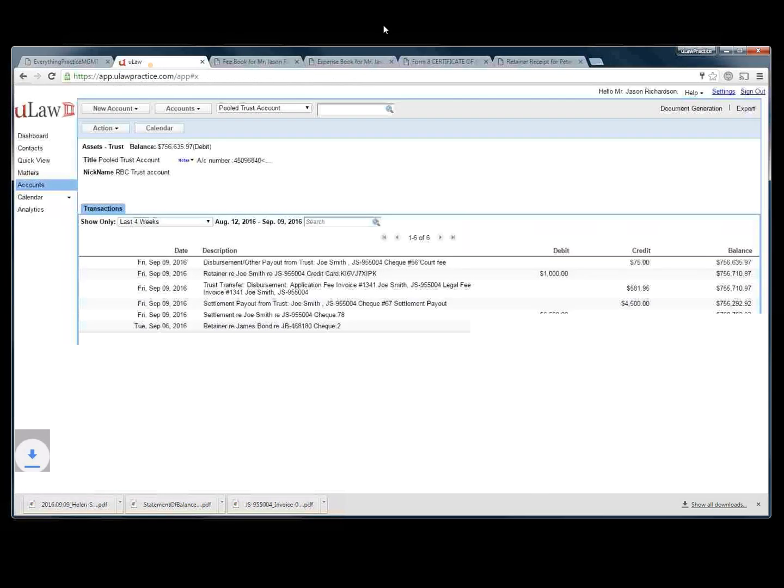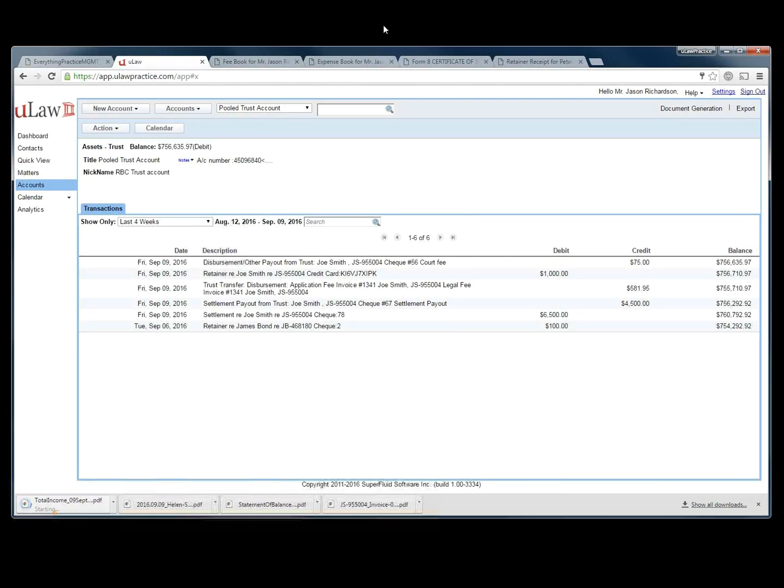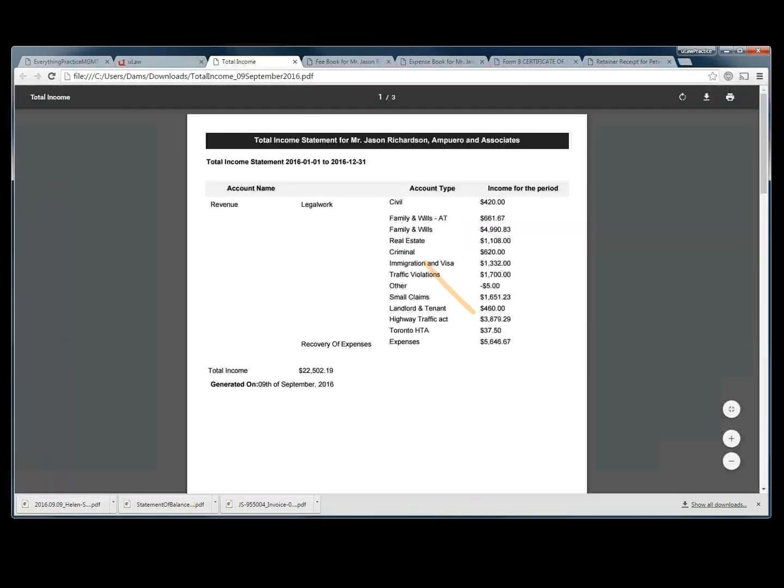And I'll also do a clear expense statement for that same year, and you will see the key elements that need to be brought. Now, in an income statement, the first and foremost thing that you want to know is what kind of income it was. Was it legal work, or was it a recovery of expense income? You want to establish that. Then you want to know what kind of category it was. Was it civil? Was it family and wills? Was it real estate? You want to establish that. And then the total income in that period for that category needs to be established. And then you sum it up and say, that's the total amount of income that I actually had